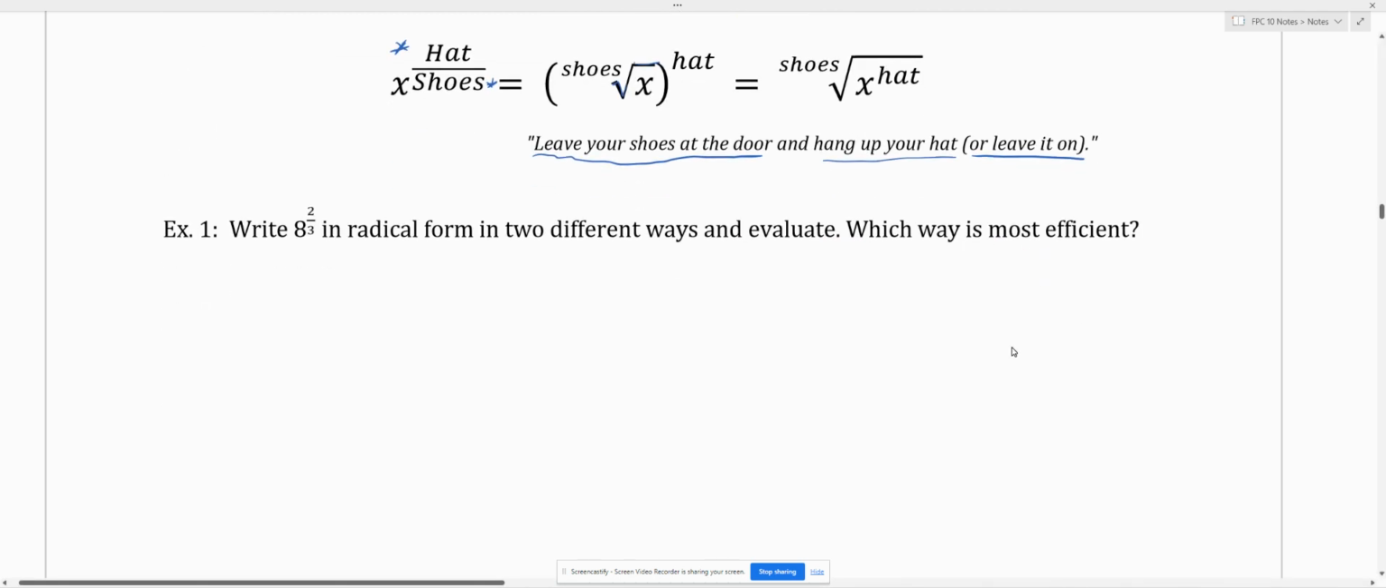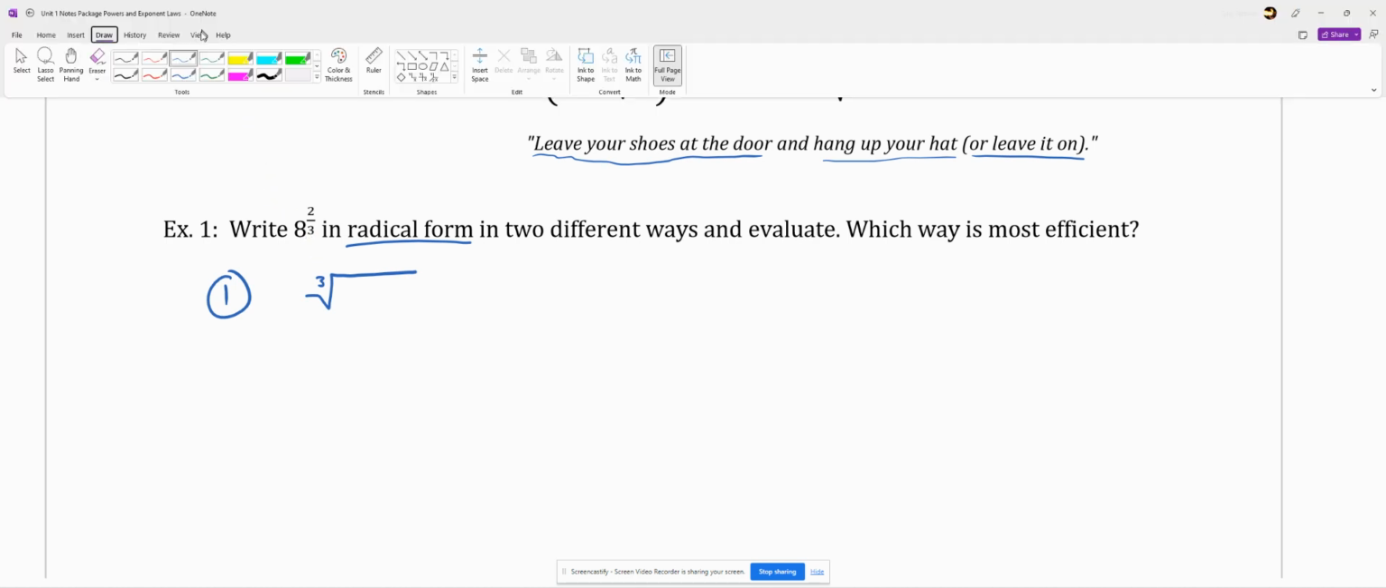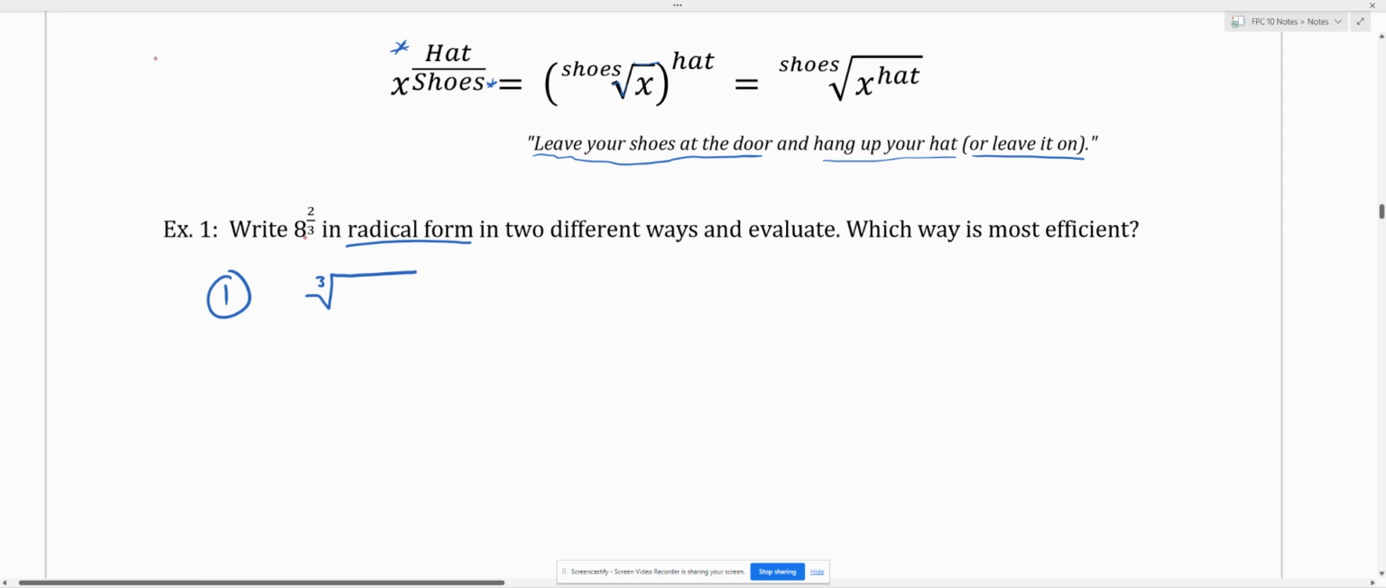So let's actually do this down here with this 8 raised to the power of 2 over 3. We're going to write it in radical form, in both different ways, and evaluate. So the first way, I'm going to write a cubed root. Okay, so if I have this 8 raised to the 2 over 3,